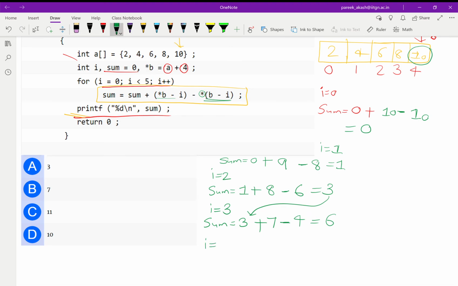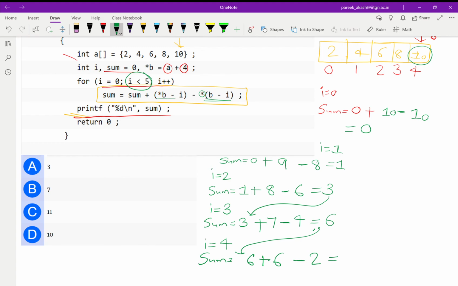Now finally we'll do I equals 4, because it is I less than 5, that means you have to go till 4 only. Now sum equals, we'll carry the sum, that is 6 plus star of b, which is 10, minus I is 4. 10 minus 4 is 6, and then again minus star of b minus I. So b is at the fourth location and I is 4. 4 minus 4 is 0, and star means the content of the zeroth location, which is 2.